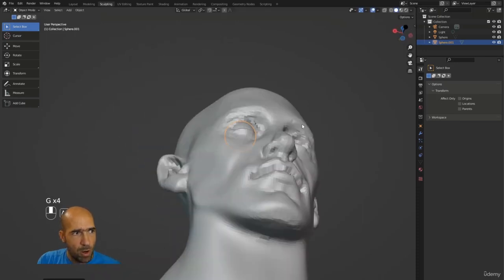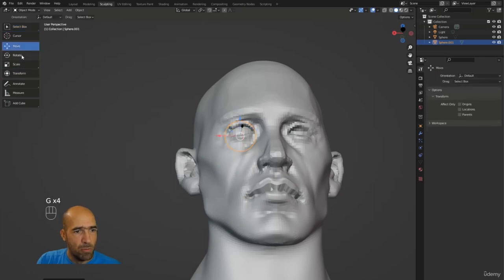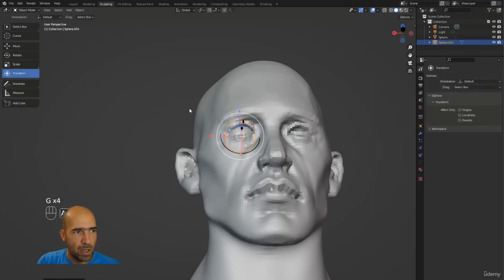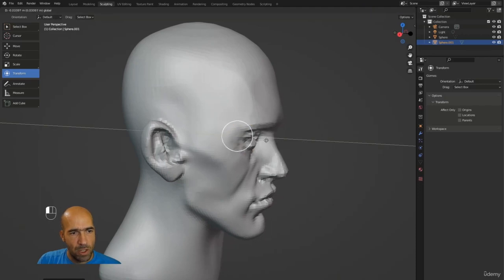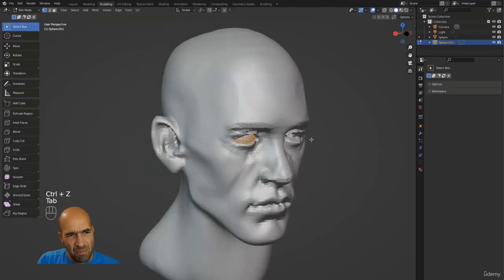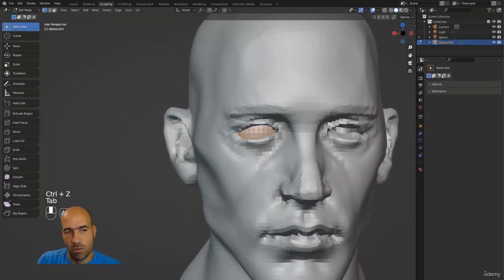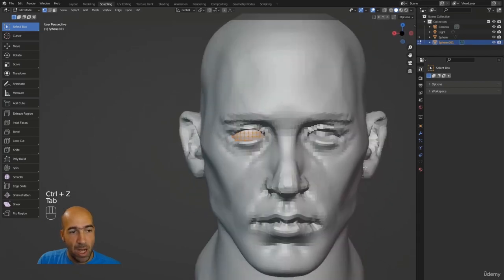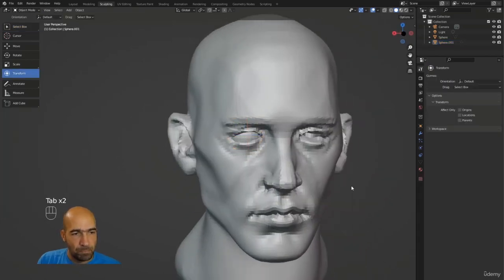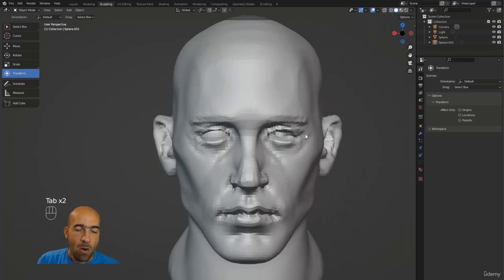Of course, you can always use one of the gizmos, the move gizmo or the transform gizmo, and move it this way. Of course, I like to use the shortcuts. So now our mesh is here in the eye, and now we want to apply one of the most used